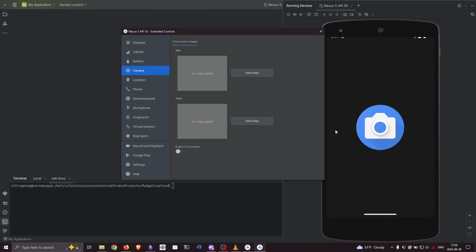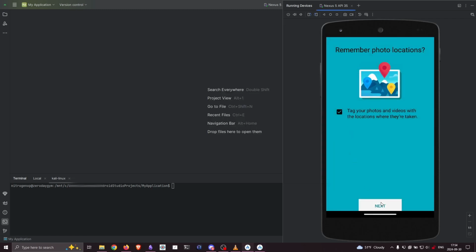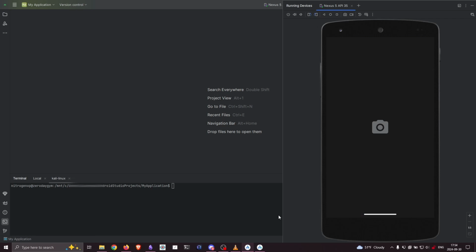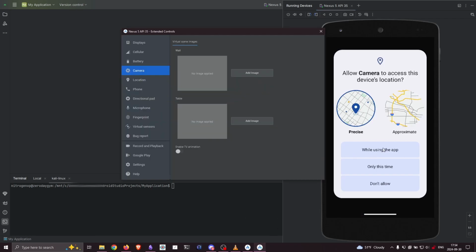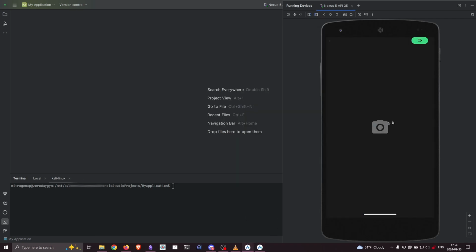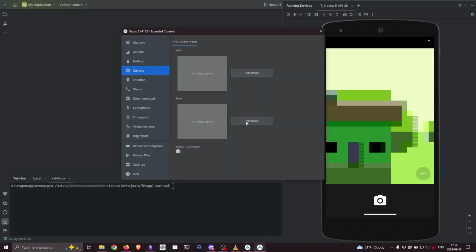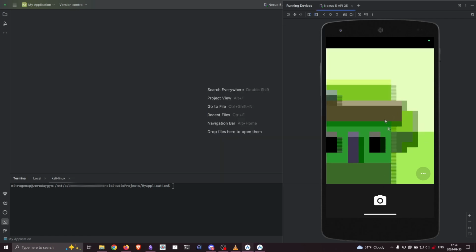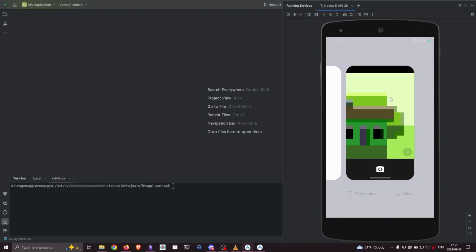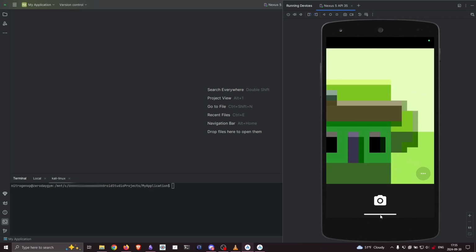And let's wait for the camera to launch. I will click on next, and then I hope it works while using the app, sure. And yeah, what we can see is that there are just some images or stuff like that. We can actually manipulate our camera and it will not show you what it actually is. I actually don't remember how to use it, but you could use it for other applications. For example, if you're pen testing a camera application or something similar like that,